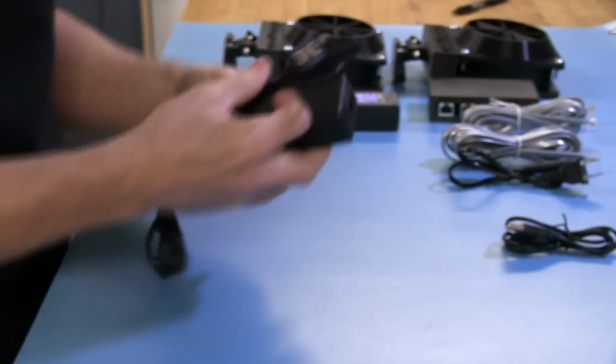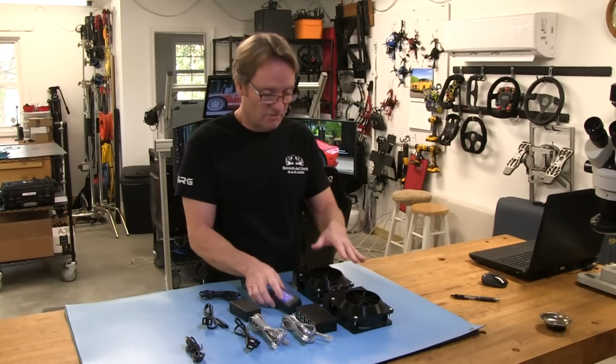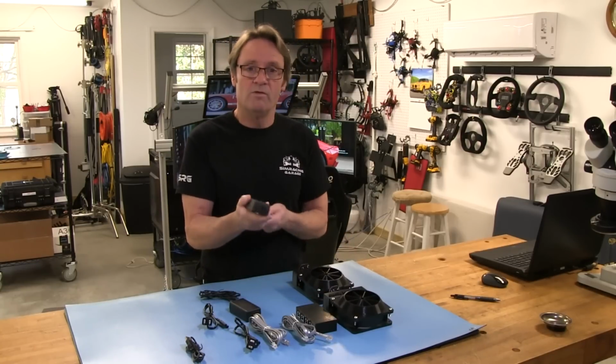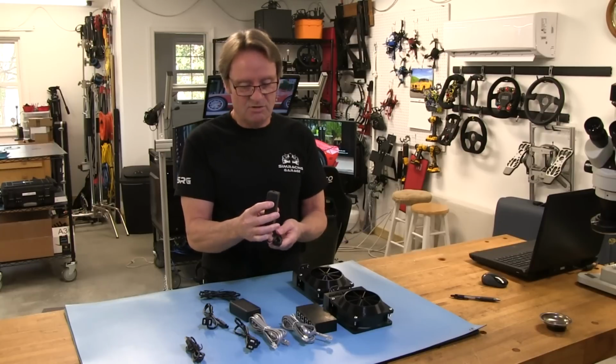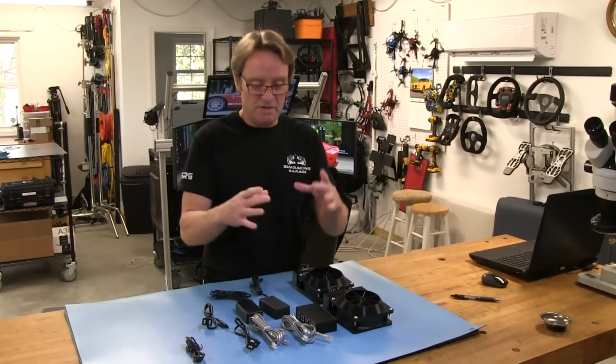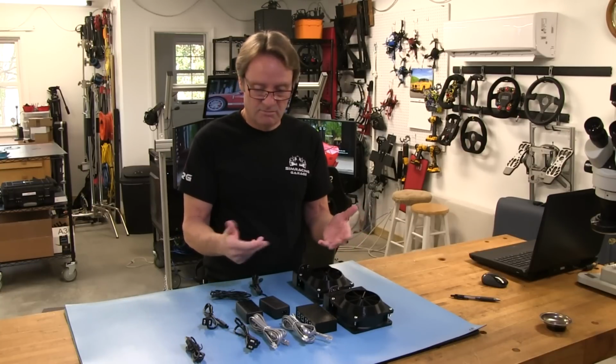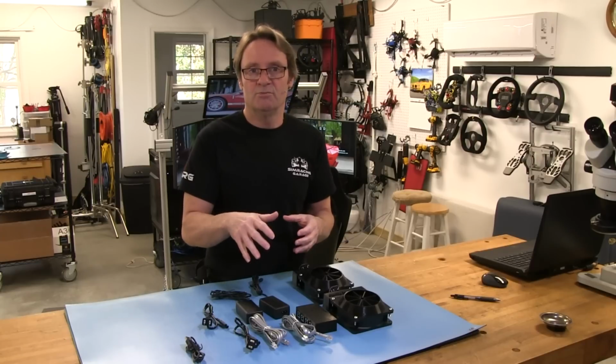Nothing really special here, and you need one of these for every fan that you're going to run. So if you're going to get a 4-fan kit, you need to get 4 of these. Or maybe do something different. I think if I was going to run 4 fans, I would probably get one of those little Meanwell power supplies that can do like 10 amps and just piggyback off the negative and positive terminal on that,